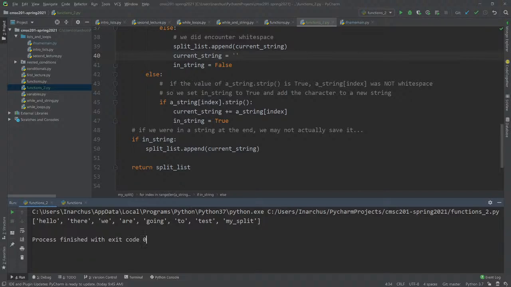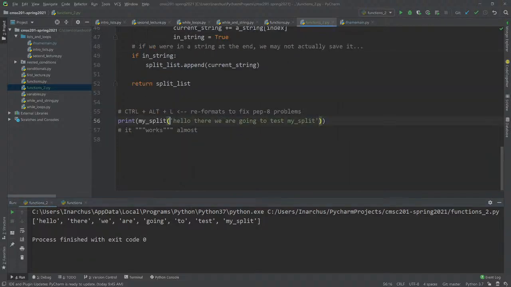All right, so let's think of another string, or actually let's just use input. Input: tell me a string to split. Let's run it. What happens if we just try to split a single word? This is kind of an introduction to the idea of test cases.